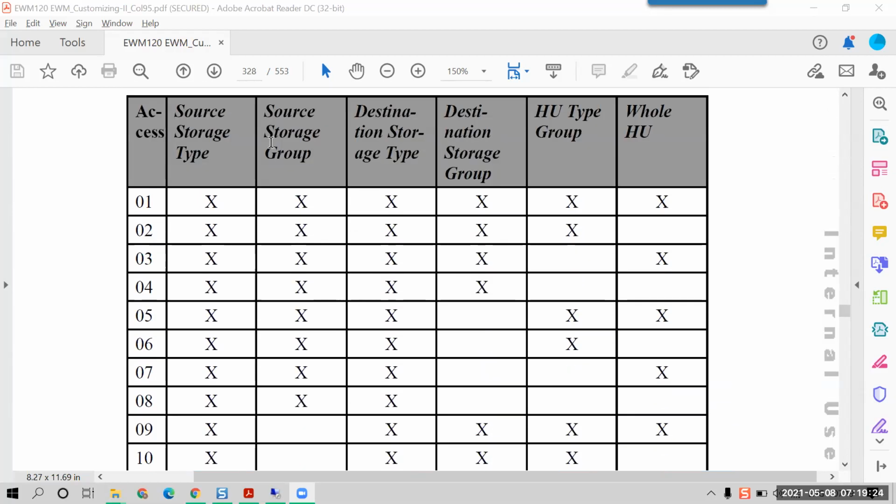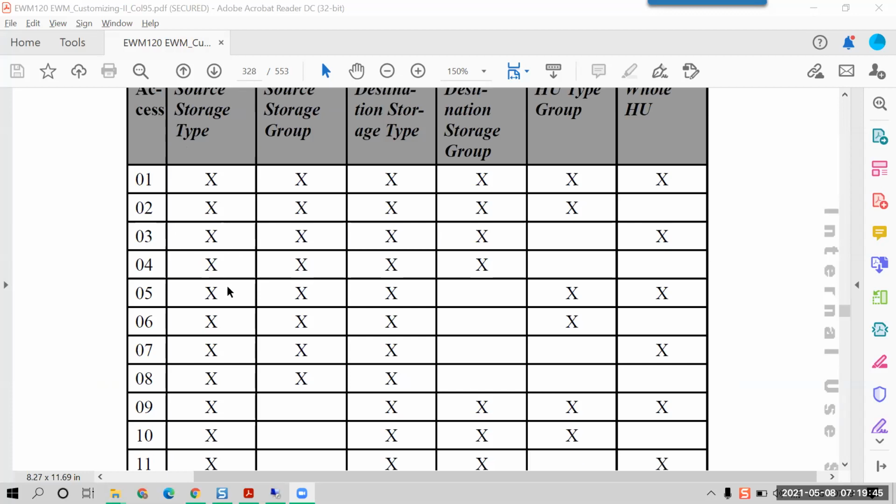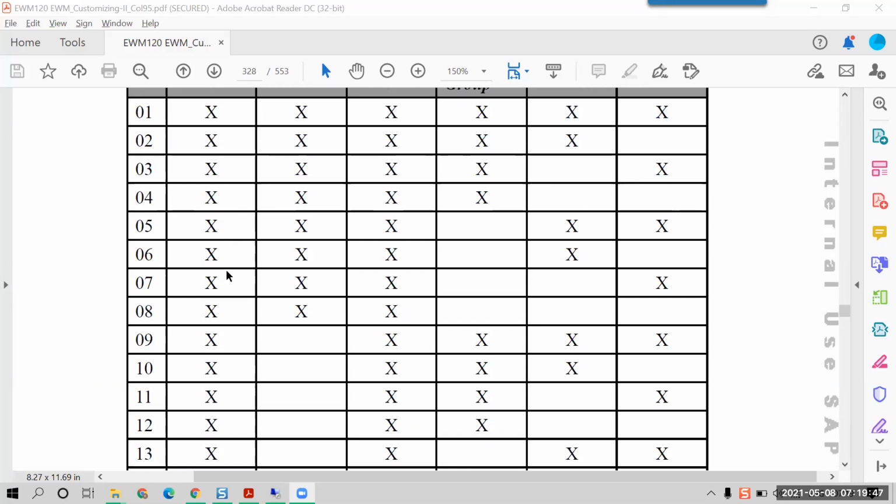This table says what your source storage type and source storage group are. First, the system is going to check the access sequence, whether all these entries match: HU type group, whole HU. If it matches, it is going to pick up this entry and move further. Otherwise, it checks the other access sequences in the background.